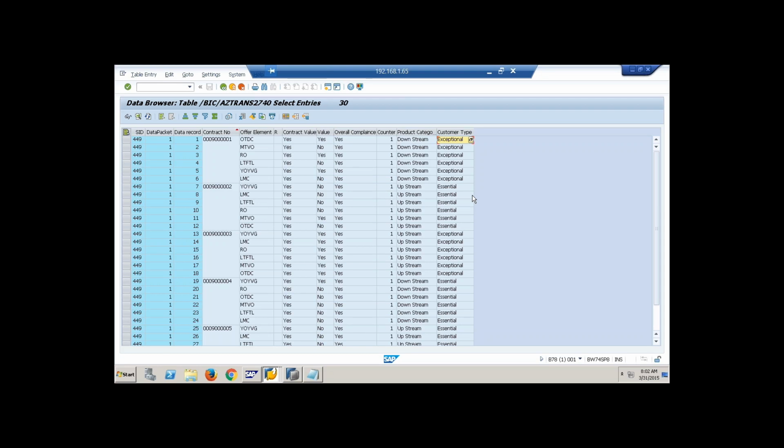Most of the customers are migrating it to HANA, but still they don't have budgets to spend on optimizing the